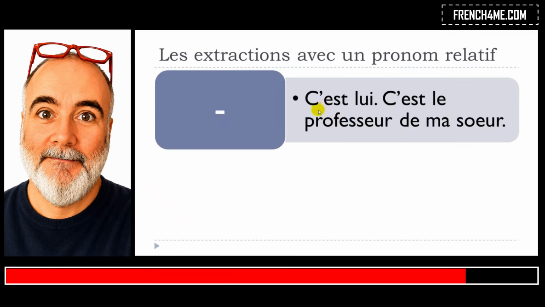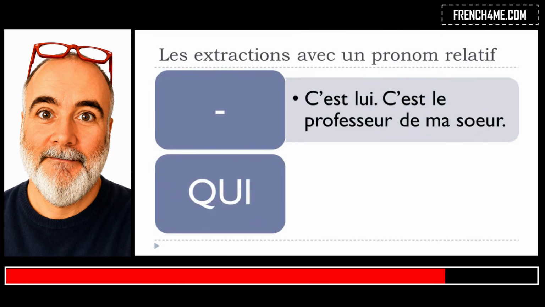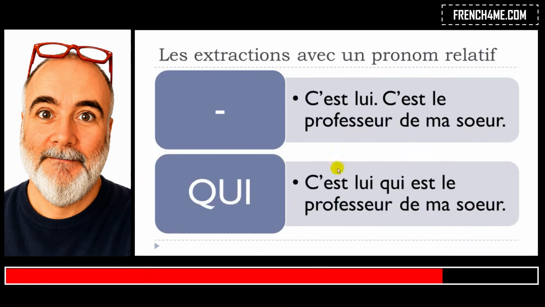Okay, so let's imagine that we have two sentences like c'est lui, so it's him, c'est le professeur de ma sœur, he's the teacher of my sister, if you translate directly like that. Basically the idea would be to combine these two sentences and have only one, and we will use qui. And we will use c'est, so you've got the first sentence, you can see that it's like it was before, c'est lui, you don't touch it, qui est le professeur